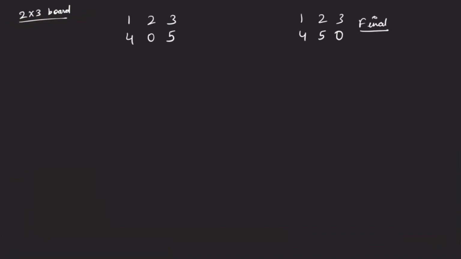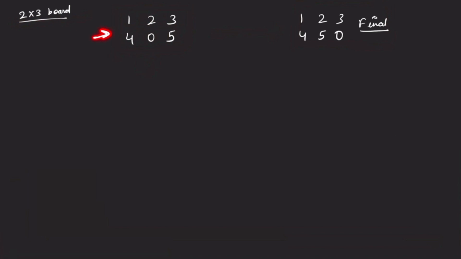Now in one move, we can swap this 0 with any of the elements in the top, left, right, or bottom. Meaning for this 0, the top element is 2, the left element is 4, the right element is 5, and at the bottom we don't have anything. So this 0 can be swapped with these 3, right? So in one move, we can swap this 0 with any of the elements in the 4 directions. And eventually, we need to convert this state of the board into the final state. Then for this conversion, how many minimum number of moves are required is what you need to return as your answer,